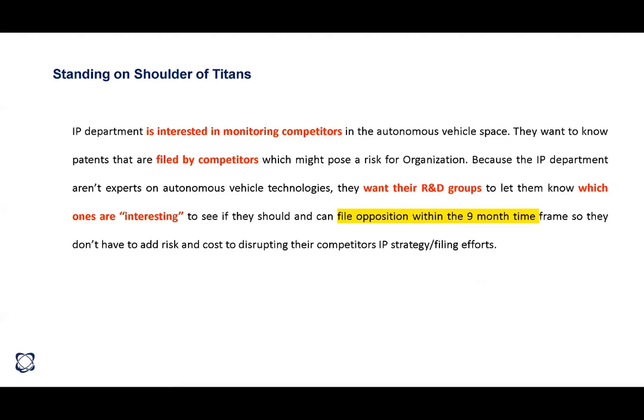to find new IPC classification publications for a broad classification, and those are delivered via work file automatically to the R&D group, who on a Monday morning or within a week's time have to review all those patent documents, and whenever they tag one as interesting, you can use this information to oppose those patents. As you know, opposing a patent only requires you to submit a patent document to the patent office. It doesn't require that much cost, and it is a cost-effective process to protect your organization's interest.